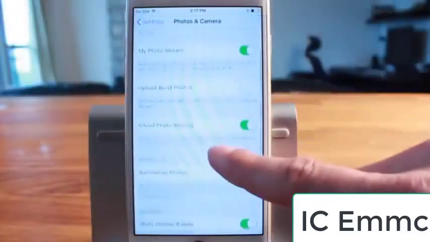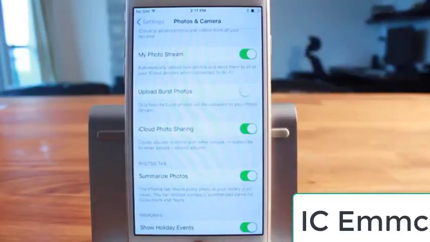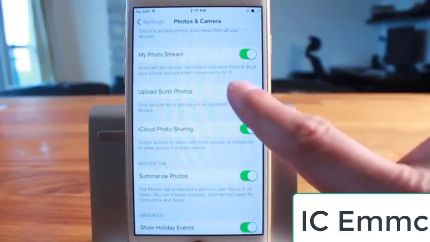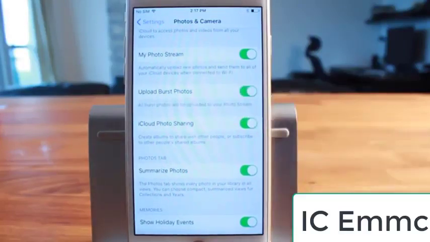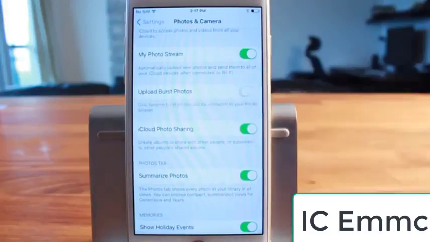Scrolling back up now, if we look at the feature called Upload Burst Photos, while this is off, it's only going to upload one of the photos, which is your favorite, to your photo stream. If you turn this on and you take 20 photos using Burst Photos, all 20 of those photos will show up in your photo stream album. So to keep things cleaner and a little bit more organized, you can turn this feature or ensure that this feature is off, and then it'll only save one